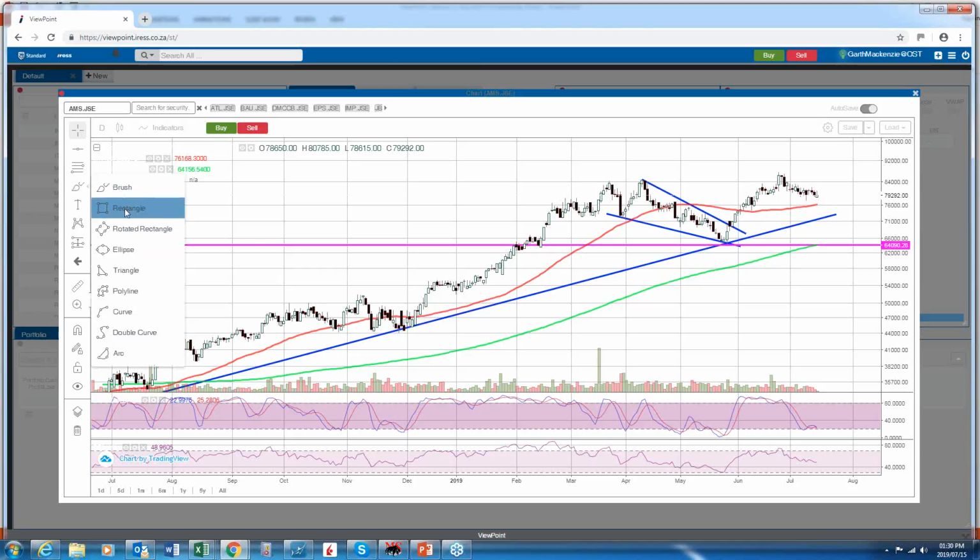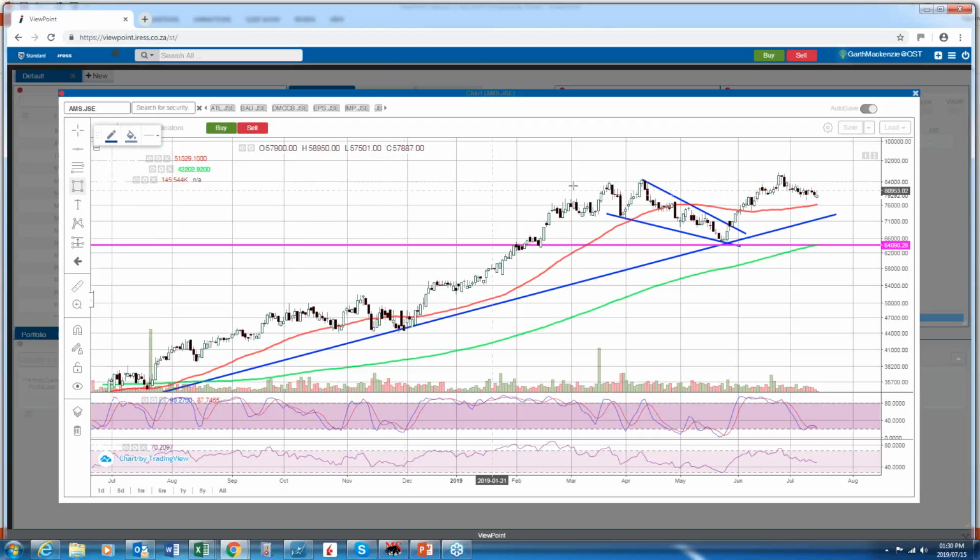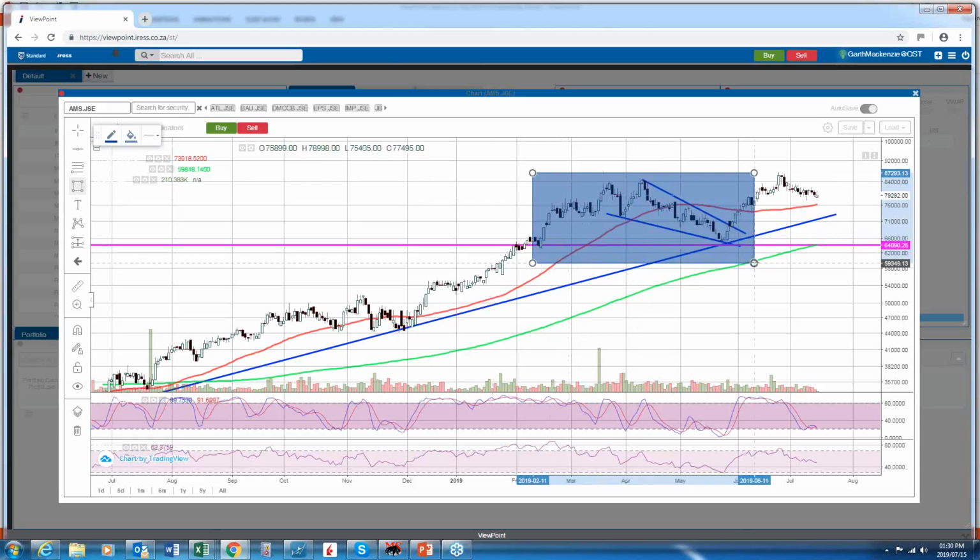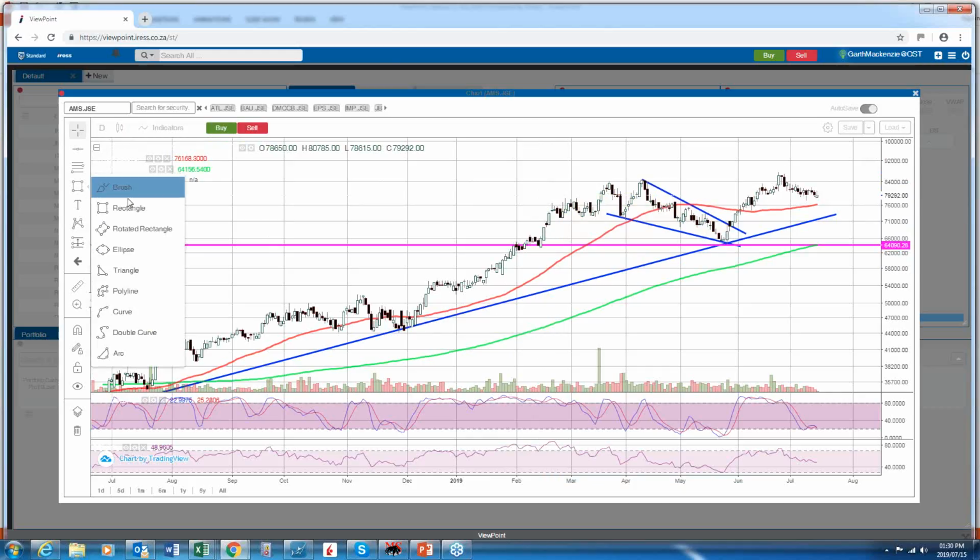You can add in things like rectangles. If I want to put a rectangle around a particular trading area, I click on it once and then I drag it and I click it again to let it go. And there I've put a rectangle around that area. If you're wanting to highlight it for whatever purpose, you can do that. You could also play with the formatting of this as well. If you wanted, you can change the background color, etc., to play with it as you see fit, right? So that's a rectangle, and there are various other shapes and things we can look at here